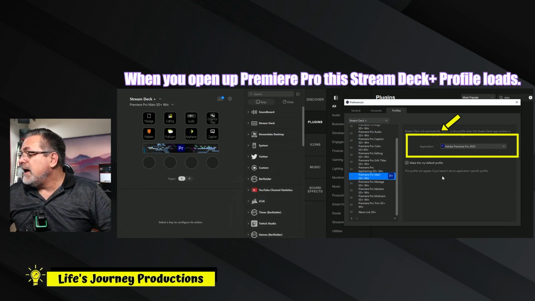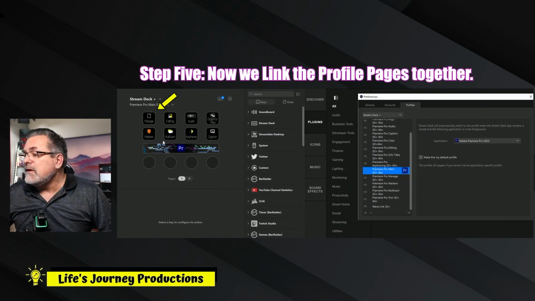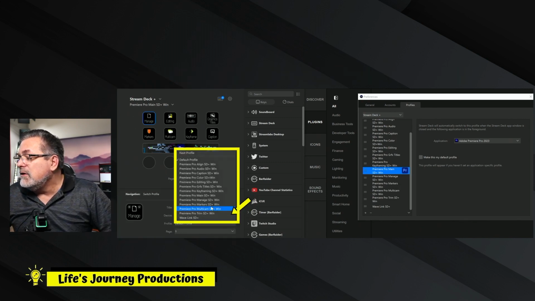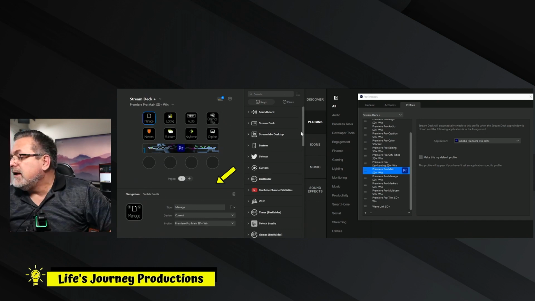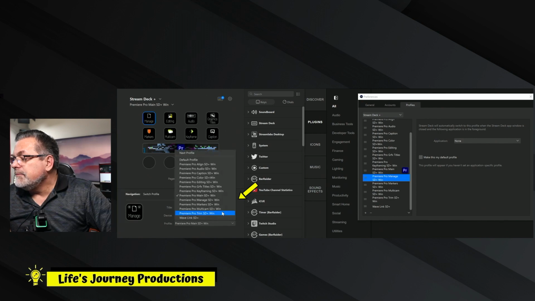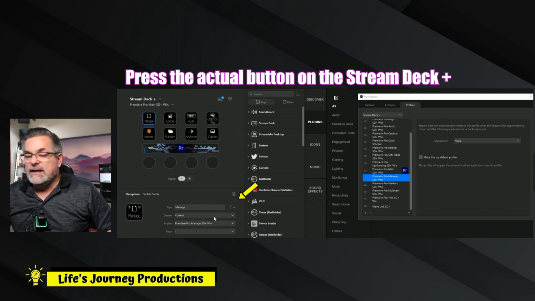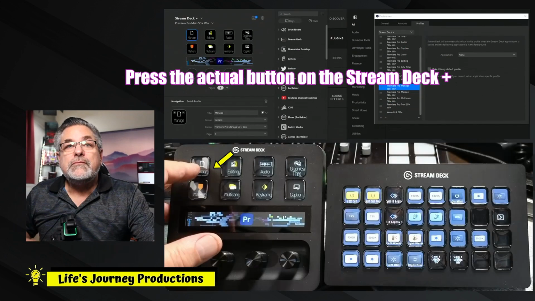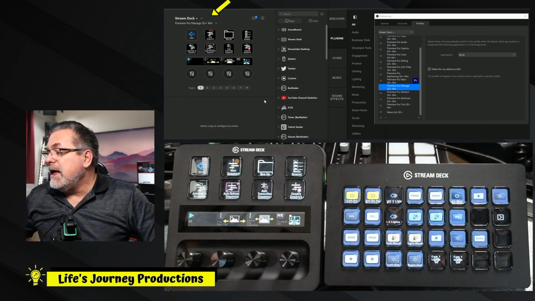So we can close that. So now we want to link these pages. So I'm going to start by clicking on page 1, and then down here I need to tell it where to go. So now what we want to do is click on the manage page, and we're going to take it to right here. So we want this to be manage page. So now that's linked. So now if I click on the manage button right here on the Stream Deck,